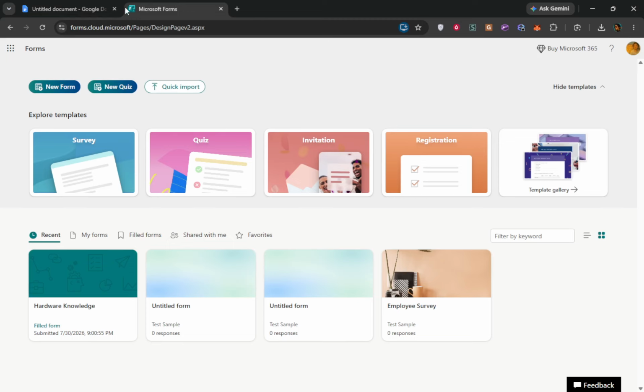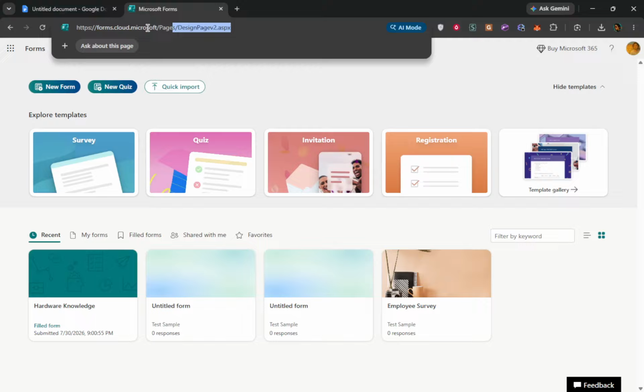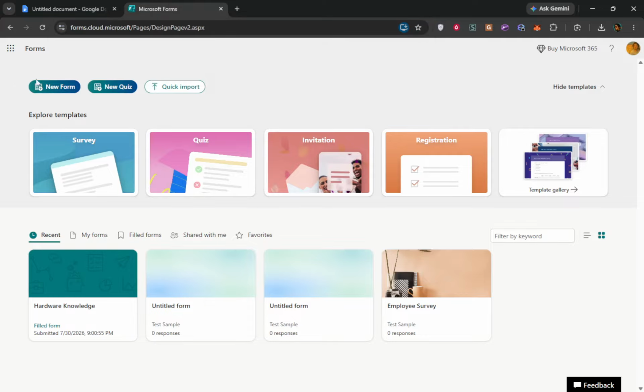First, go to Microsoft Forms. Open your browser and type the Microsoft Forms address, or use your usual bookmark. When the page loads, you should see your existing forms as cards or a mostly blank page if you are new. At the top, you will also see the green Forms header, which confirms you are on the correct site and already signed in with some account.